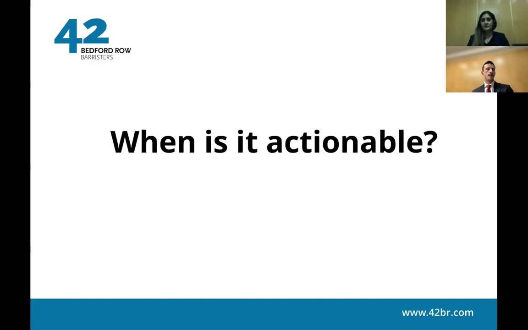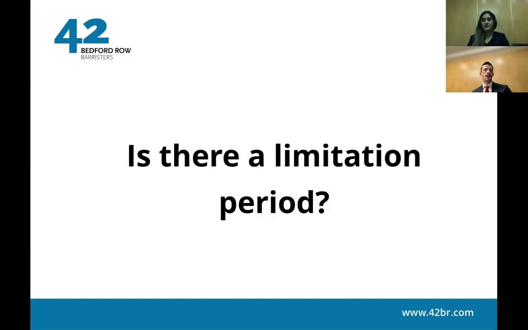Let's turn then to limitation. Is there a time limit for bringing a damp and mould claim? There is, in general civil claims, a 6-year time limit to bring a claim for a breach of contract or a tort, which is what a disrepair claim would come under. Do remember, though, that if there is a personal injury claim involved, for example, severe mould is said to have caused lung disease, Krishma will talk more about this later, there's a shorter time limit. That's 3 years from when the tenant first gained knowledge of the personal injury that they have suffered as a result.